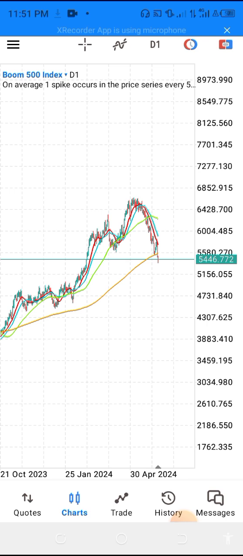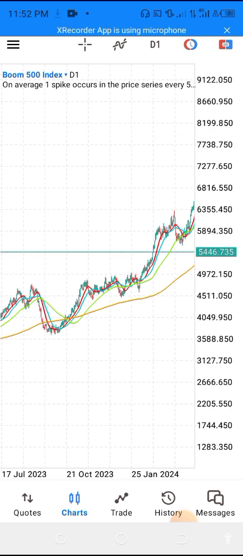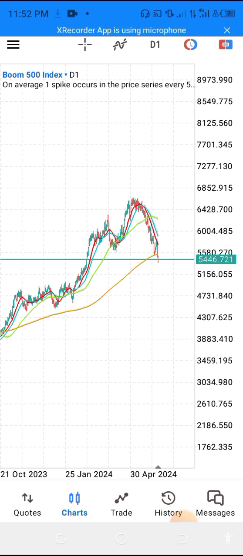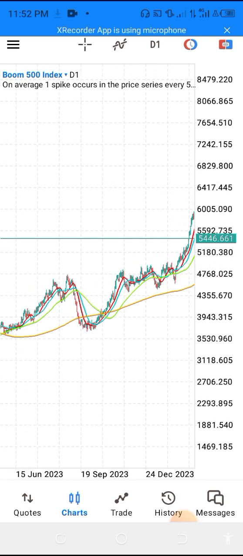Okay, now first of all, before you enter a particular trade, you have to look at the trend. You have to look at the market trend, number one. Number two, you have to look at the candles, okay? Because before you enter a particular trade, you must have a confirmation of 2 to 3 confirmations before you enter a particular trade, okay? If you want to succeed in this business of trading,